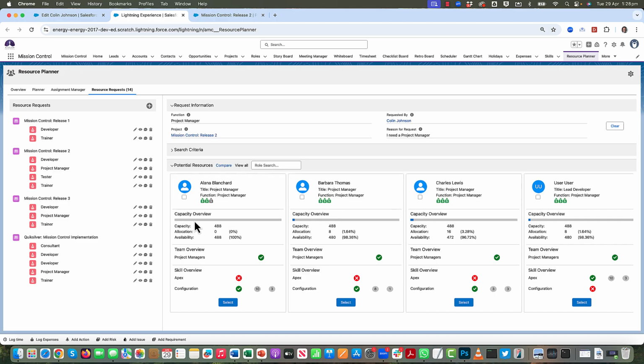So I can see overall capacity. You can see Alana's definitely available to do this. She's got no existing allocations. I've got Barbara and Charles who have a bit more allocation, albeit they've got the capacity to take this on. Now, if